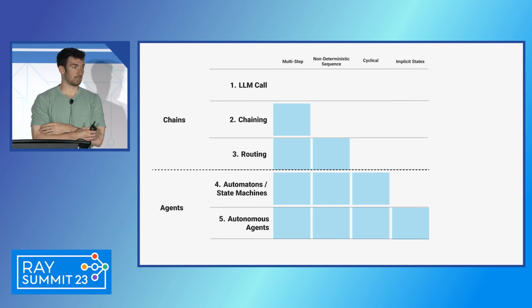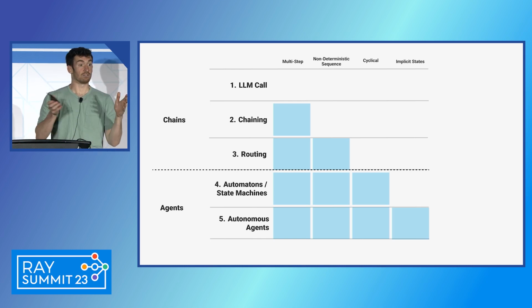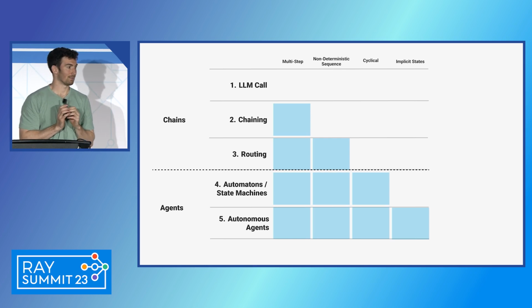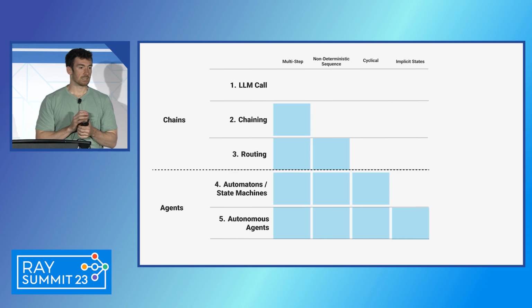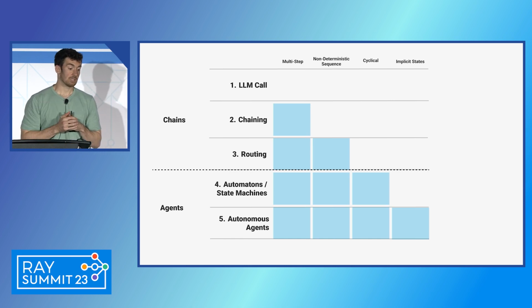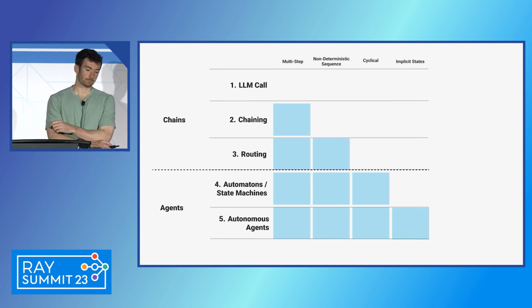There also starts to be, this is where people start to talk about agents. And agents is an overloaded term. At this point, a lot of people use it to mean different things. But generally, when we see people talking about projects as agents, they generally fall into one of the level 4, level 5 reasoning architectures that we see here.